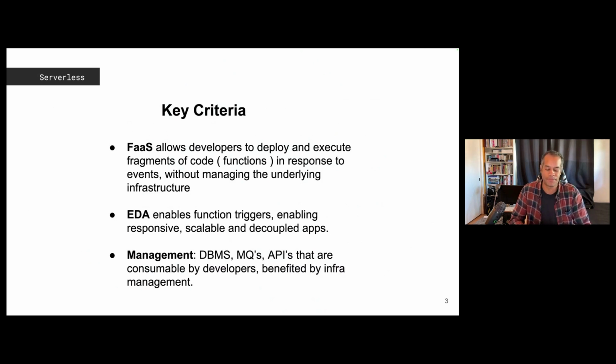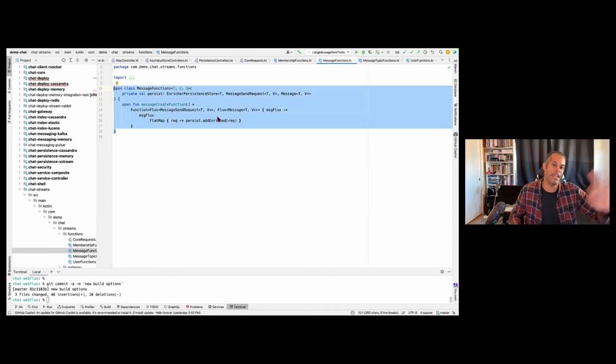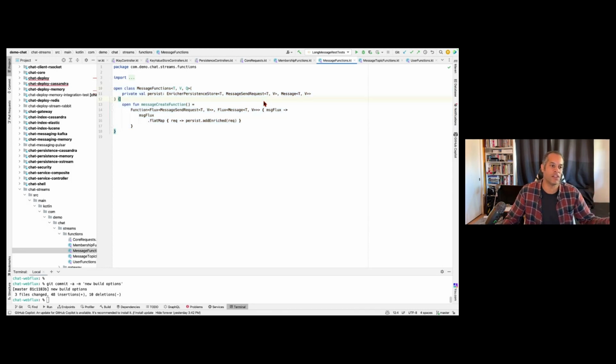First of all, there is FaaS, function as a service. What we want to do is execute just a tiny bit of code. If you can follow me here, I'm going to slide out of the slideshow and go into some Java code. Let's look at this right here. This is a piece of code that used to be a regular service, a regular request-response. Then I said, hey, actually, this should not be a request-response. This should just be a function.